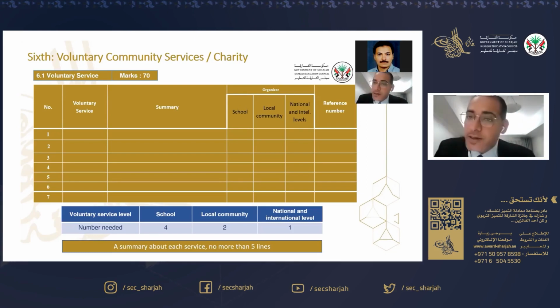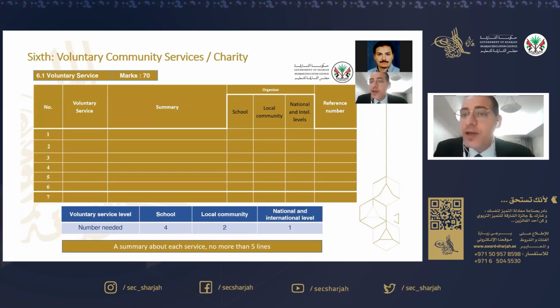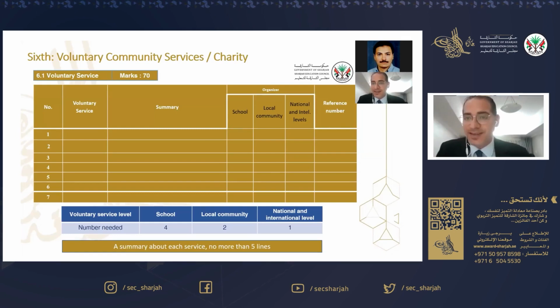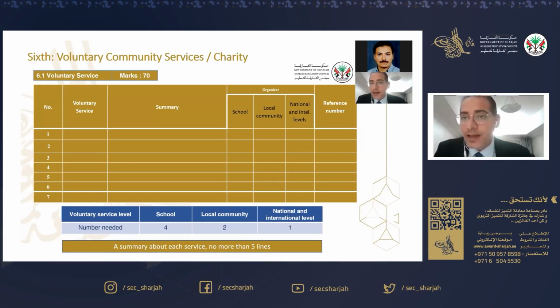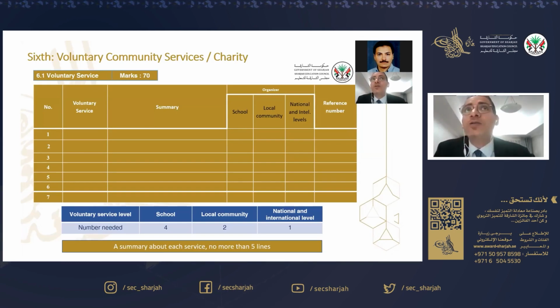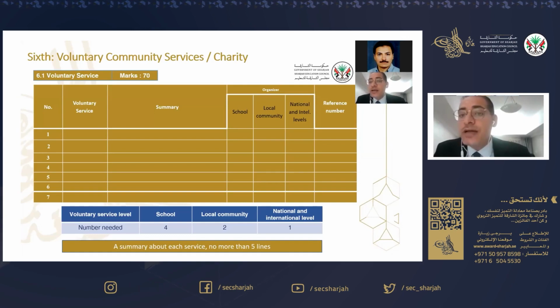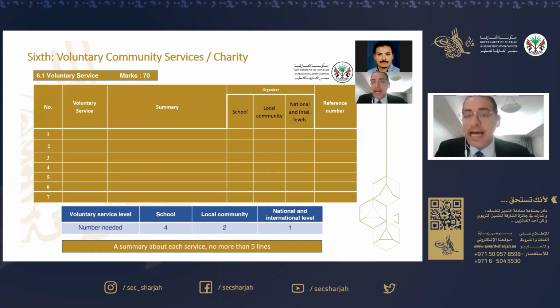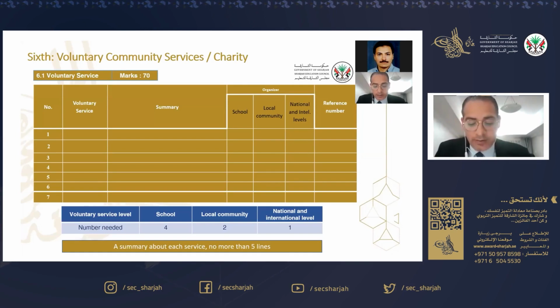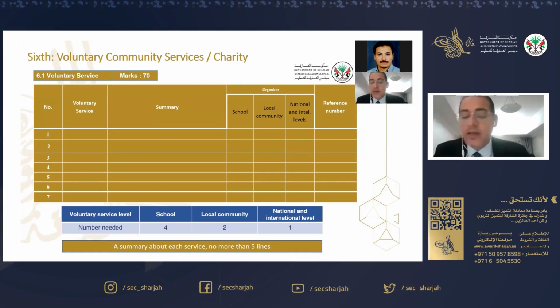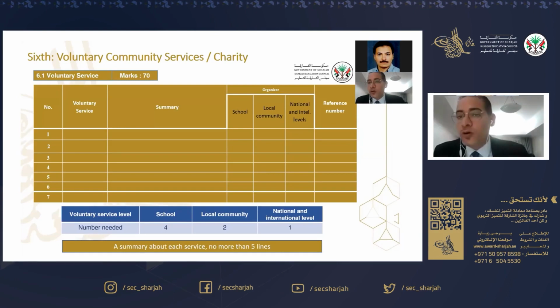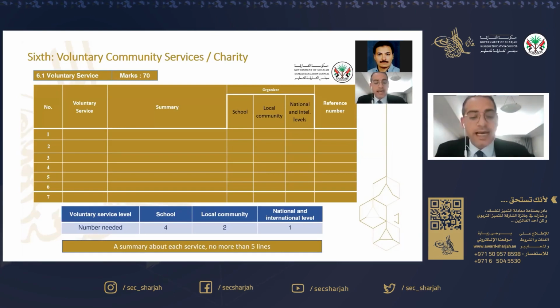Is this considered a charity? This is something to think of. Charity, we need to be consistent. Show the judges that you are consistent in your voluntary services and in your charity services. And again, you should, of course, use all the supporting documents and evidence.